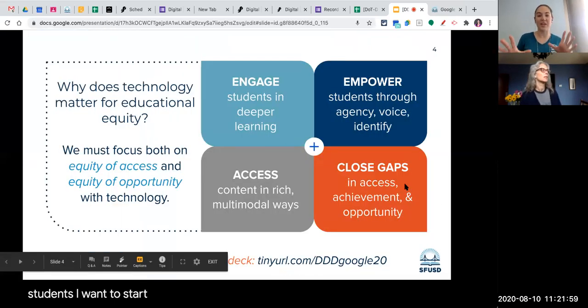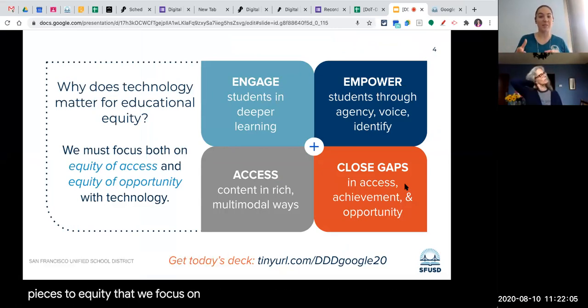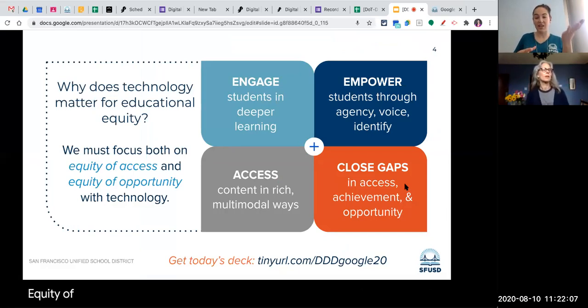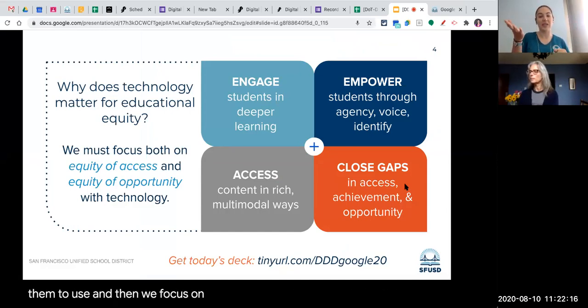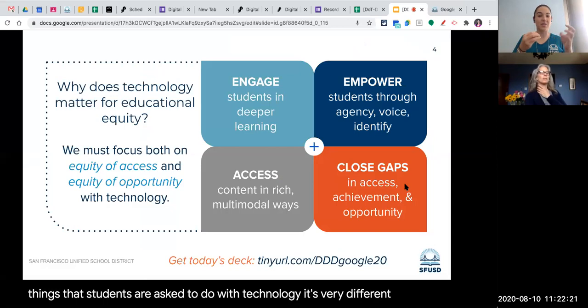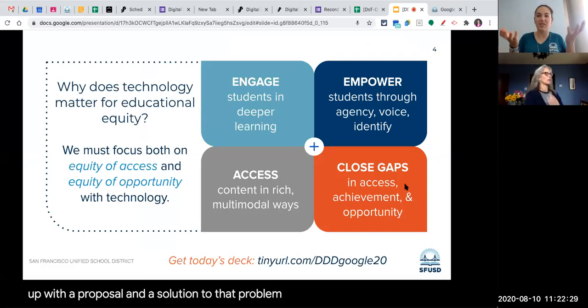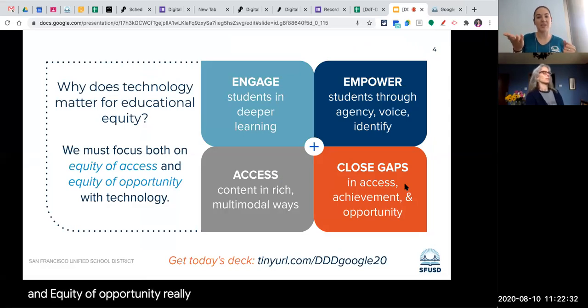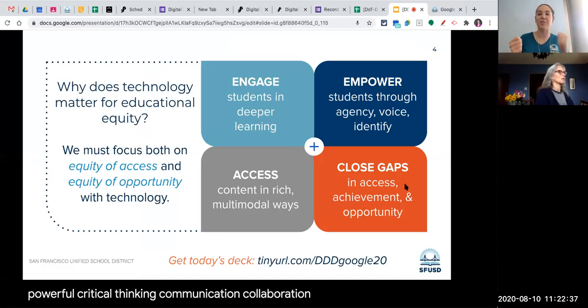cool. I want to start and really ground us in an equity frame. There are two pieces to equity that we focus on in the Department of Technology. We focus on equity of access, meaning that students have devices to use, they have apps and tools they can use on those devices that are safe and approved for them to use. And then we focus on equity of opportunity, and that's the type of things that students are asked to do with technology. It's very different to ask students to write an essay than it is to ask them to identify a problem and come up with a proposal and a solution to that problem. Those are very different asks. And equity of opportunity really focuses on having students do much more powerful, critical thinking, communication, collaboration type of things